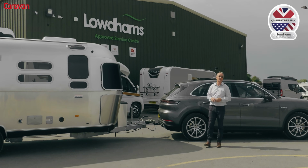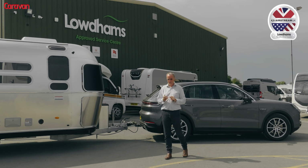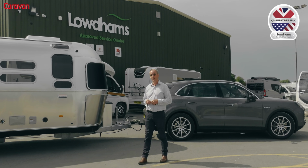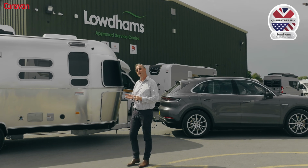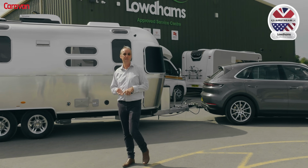Here we are at Loudham's Leisure World in Nottinghamshire. Loudham's is the sole importer of Airstream into the UK, so if you want one of these iconic caravans, this is the place to come. And of course today we've got the flagship model to test. We've got the amazing Airstream Tourer 25 IB,